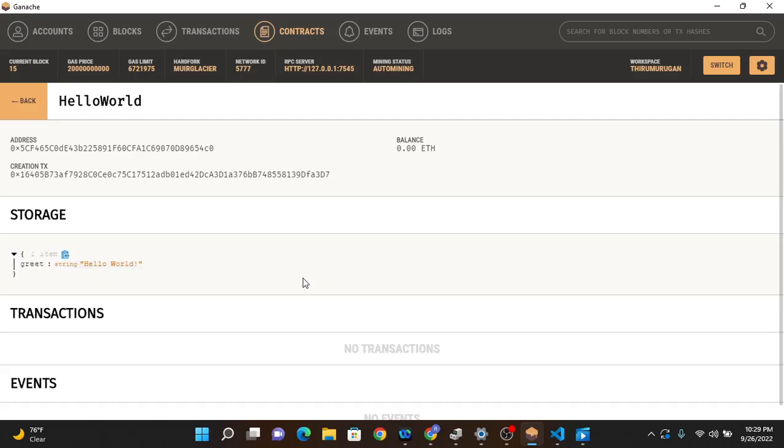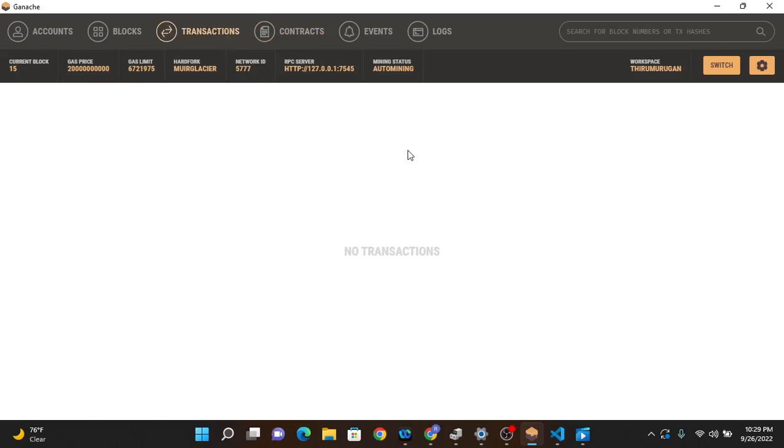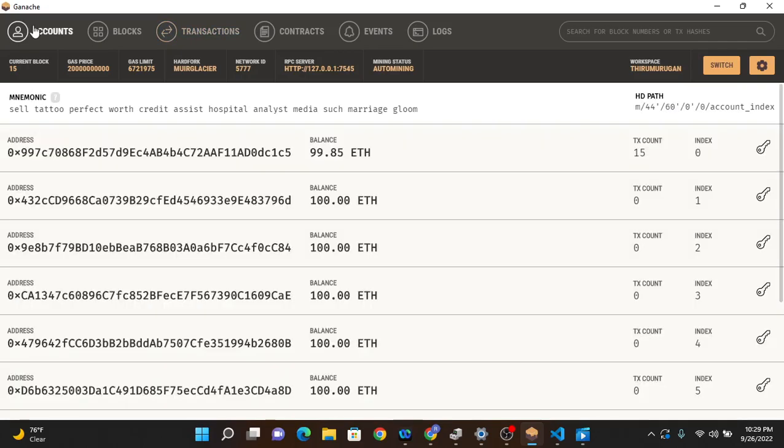Let's see the events and transaction. This is the string that got stored over here, and if you see the transaction, let's get under the blocks. The Ganache server will have 10 accounts that will be created along with that, and each account will have multiple blocks. So far we are only using the first account. Within the first account,